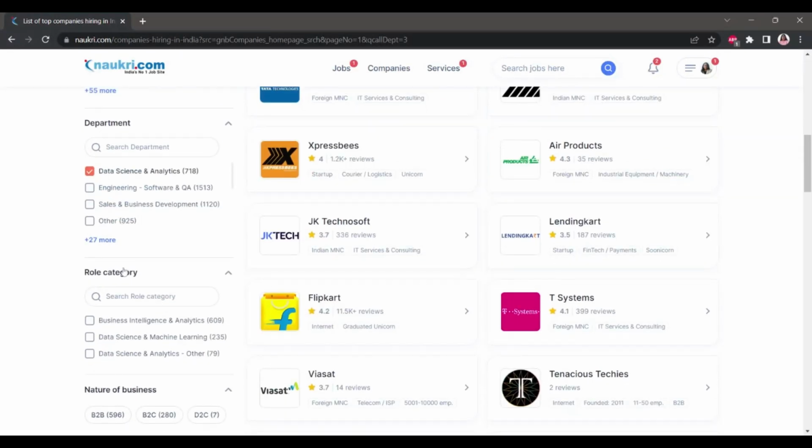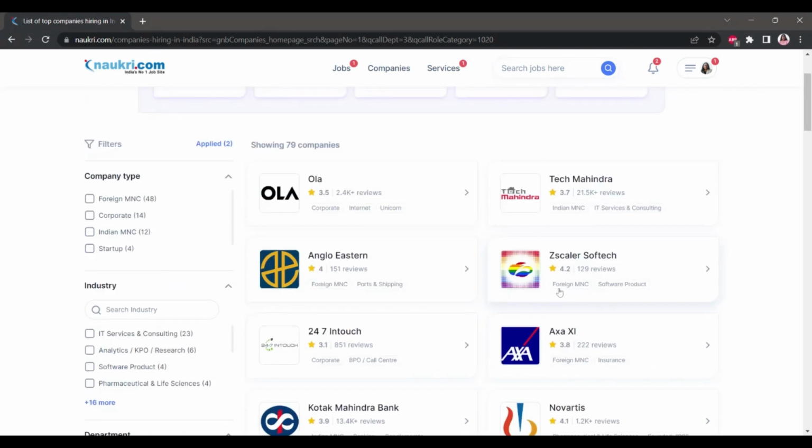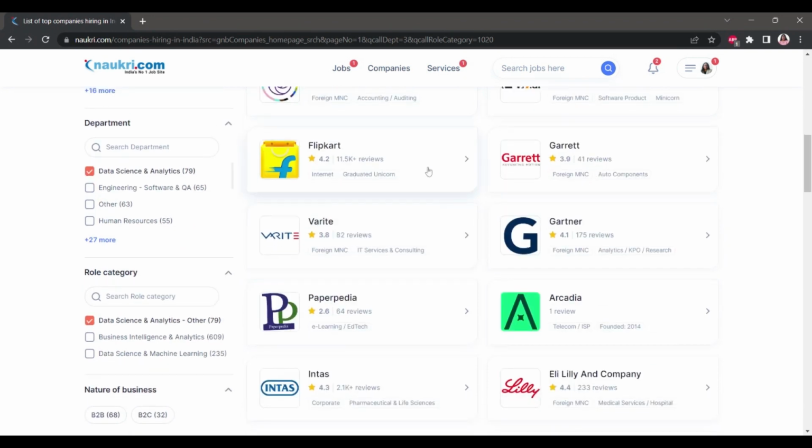Now we can also sort our results on the basis of roles, such as data science and analytical. So now I can see different companies which are currently hiring for data analytics. For example, if I go here and select Flipkart,